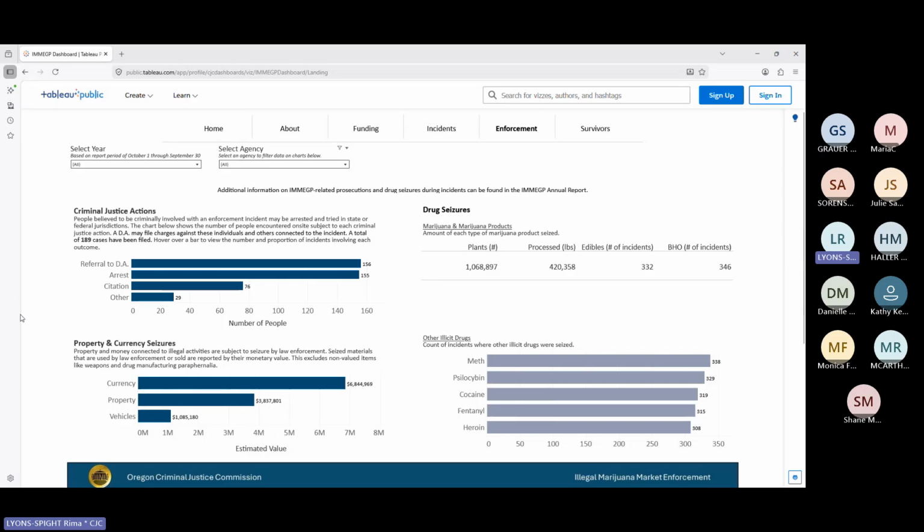On the top right-hand side, we get into the drug seizures. So first, we separated out the marijuana and marijuana products. We have number of plants and processed pounds of marijuana. For all the other drug types, including edibles, VHO, and then in the chart below it, this other illicit drug